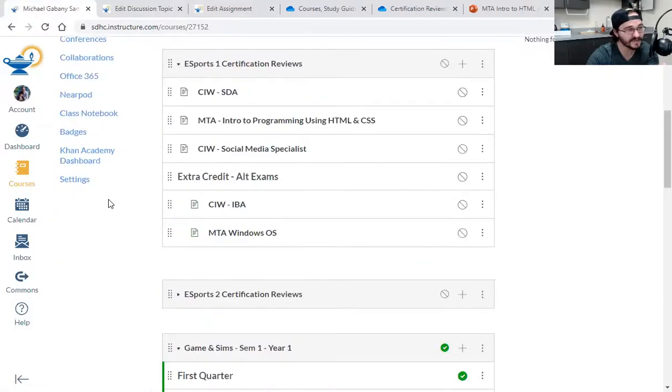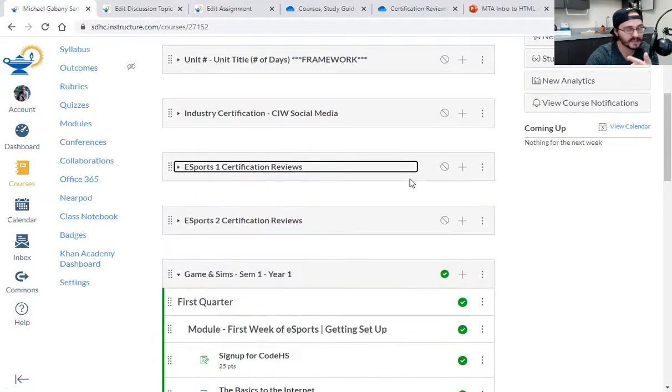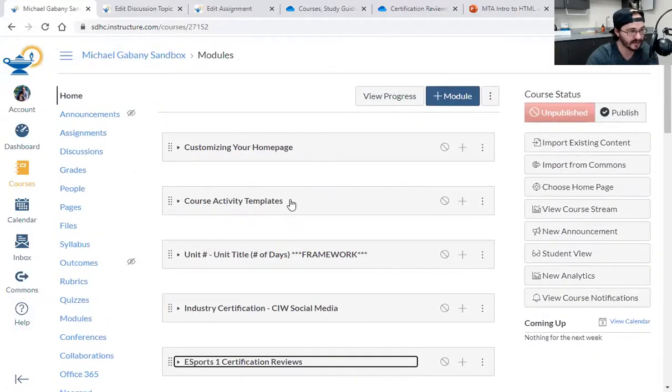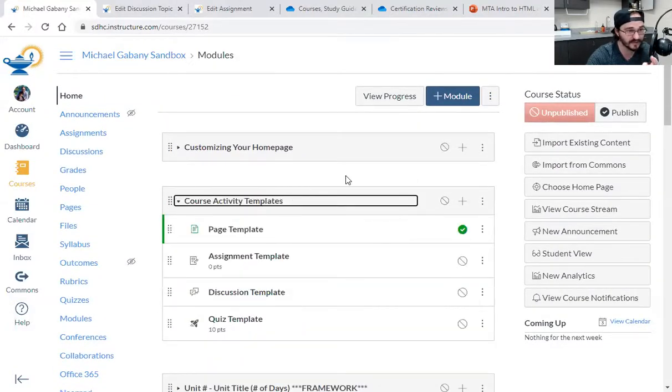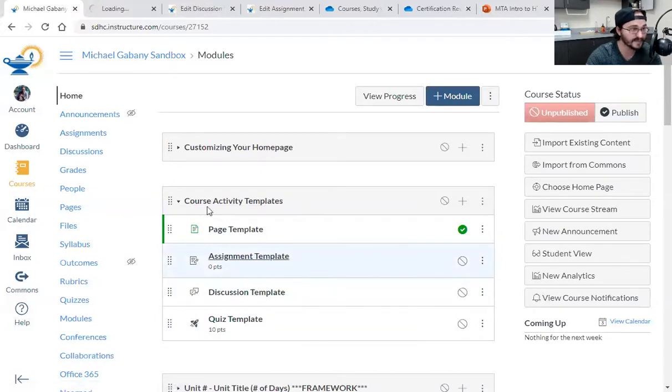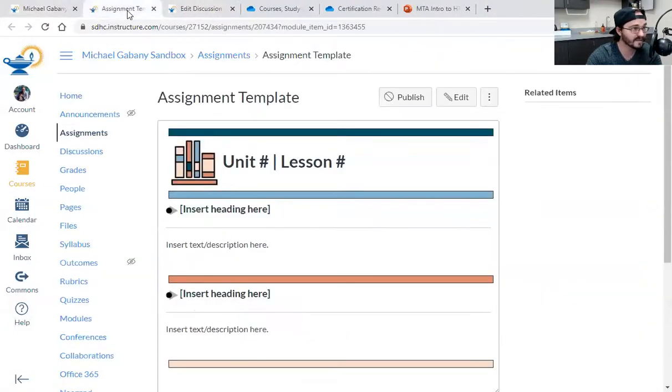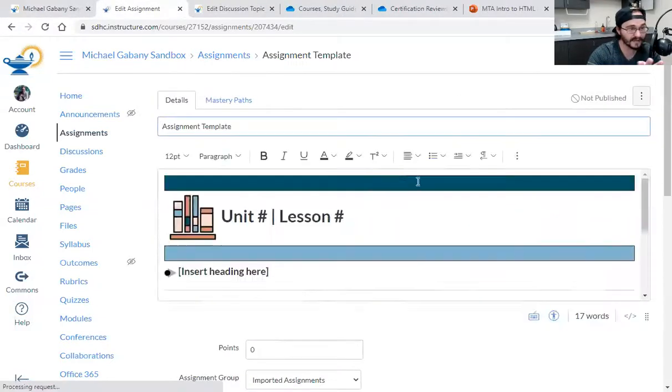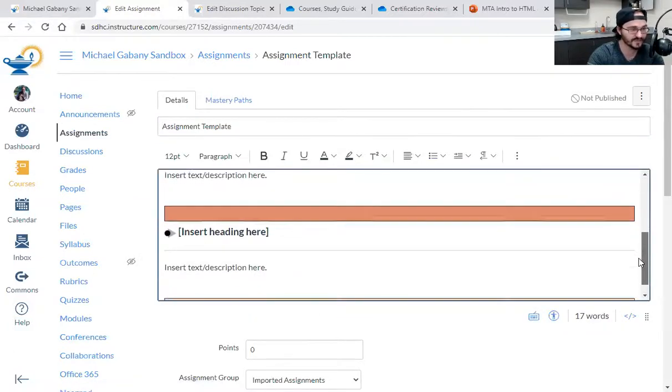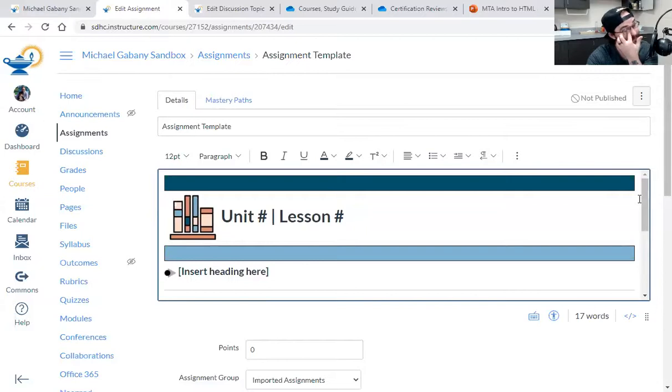If you did the Canvas course training, it would have said, please download the following things from Commons. Course activity templates was something you should have downloaded from the Commons, right? Super simple. Import Commons, type in course activity templates, and then you download this. Everybody's got it if you did the Canvas training. It gives you a page template, assignment template, discussion, and quiz. What I do is I right-click the assignment template, and I open it, and I'll show you why. When I click on it, it gives me the template to use for anything else I do. And I'm going to build a lesson with you guys here using this.